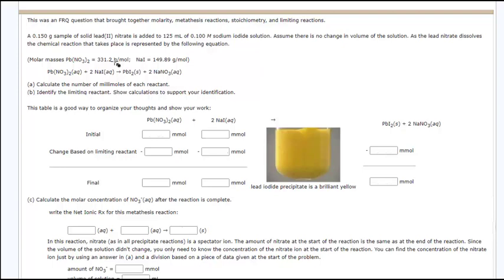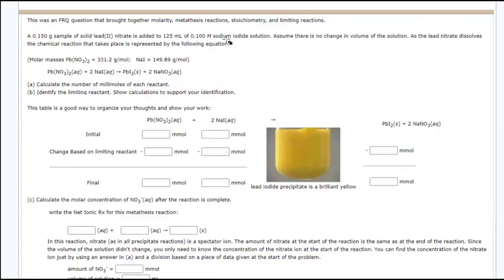Here's a beautiful FRQ that covers stoichiometry, it covers solutions. It will also talk about how to answer these on an FRQ when you're taking the exam. Okay, let's get started. A 0.15 gram sample of solid lead-2 nitrate, pure substance, is added to 125 mLs of